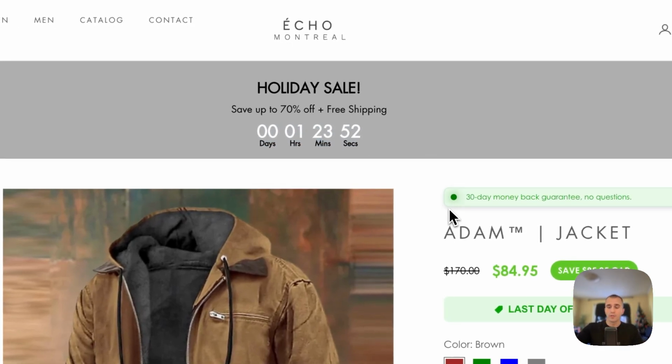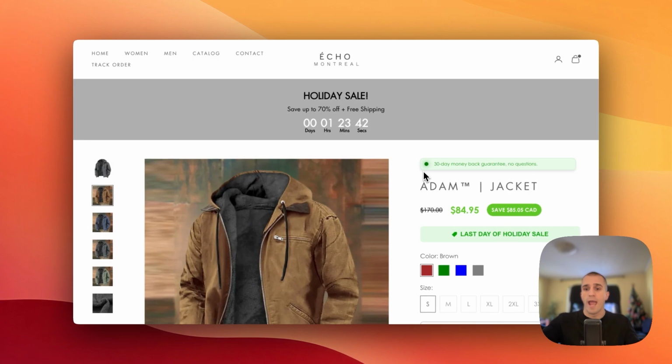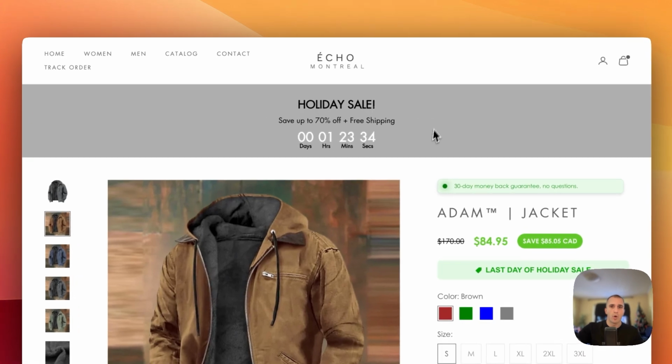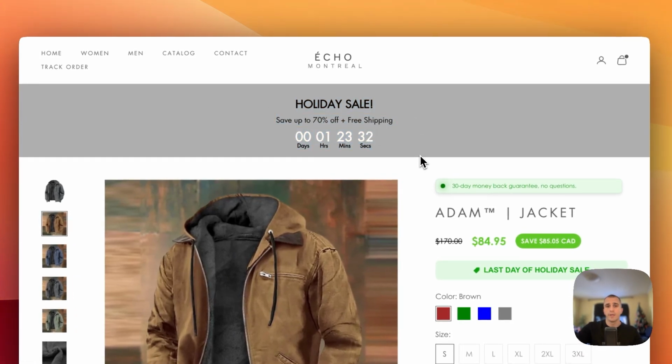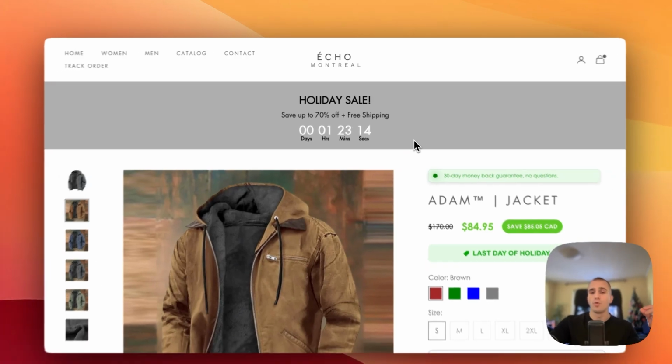A huge discount, then a timer, which is very typical for a drop shipping store. And of course, people will start losing their trust in you, and they will not buy from you, and you will not make any sale at all. So you need to fix that. You don't want to have this huge discount here at all. You're not going to make somebody buy by having 70% off, and you want to remove this urgency, especially if it's fake, because it screams untrustworthiness and it can largely hurt your conversion rate.